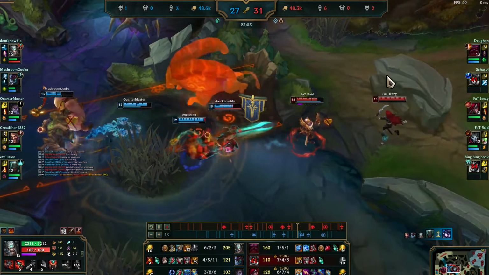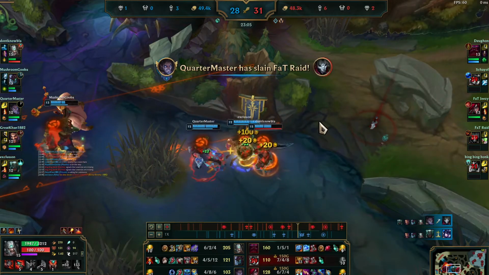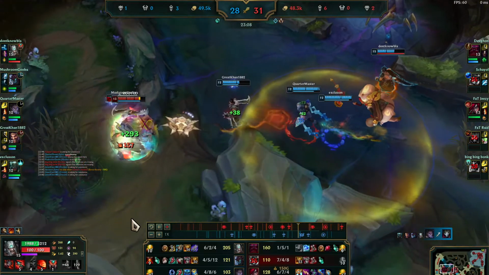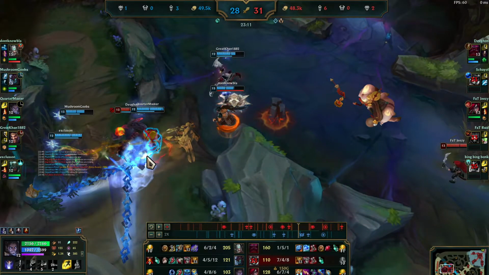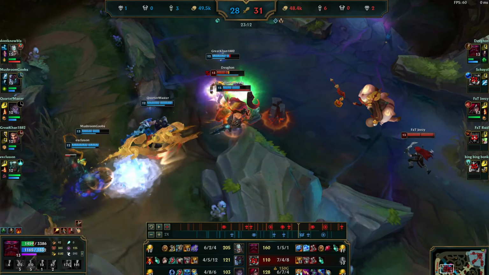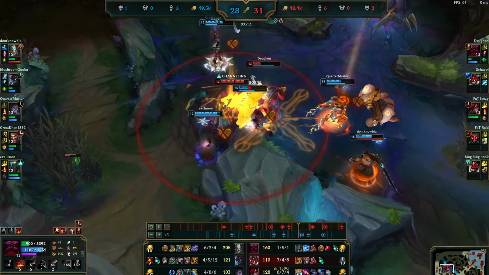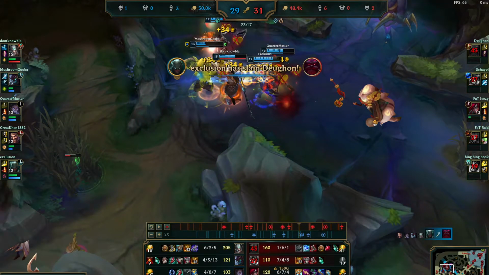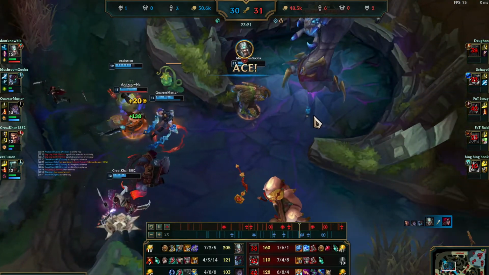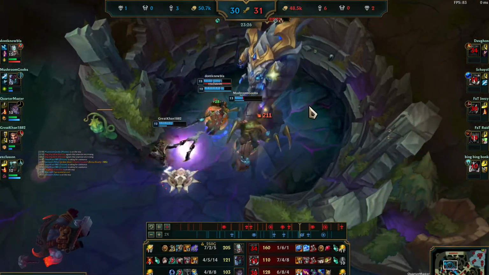So we won that team fight. Now again, look, if you're playing Ornn, what exactly are you contributing right now? He can't even kill an ADC. He's so useless, he can't even kill an ADC, because he's so far behind, right? That's when we got ahead, but I mean...